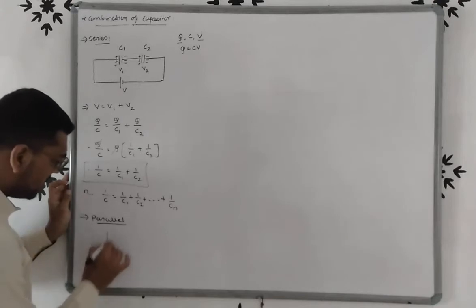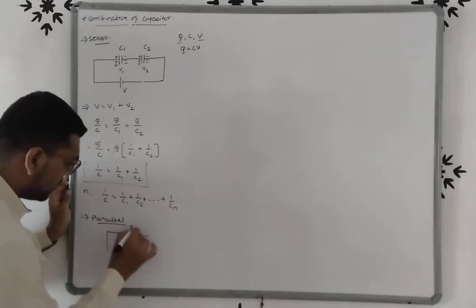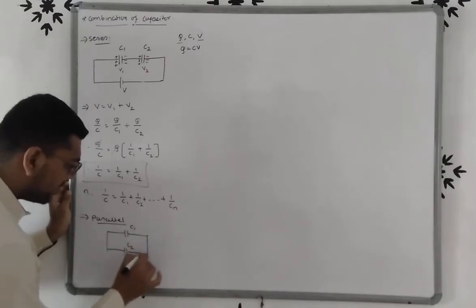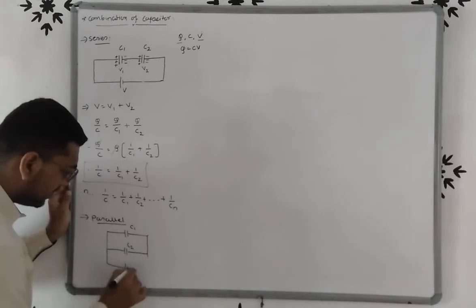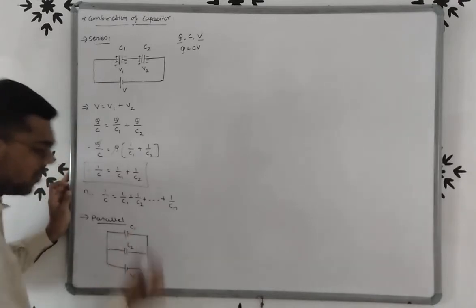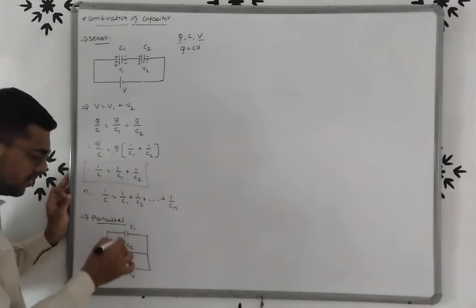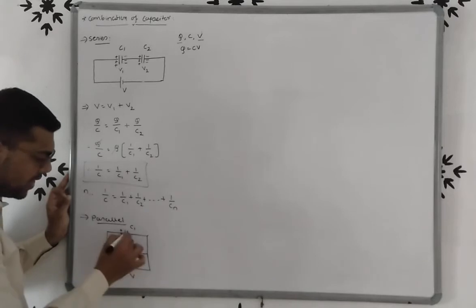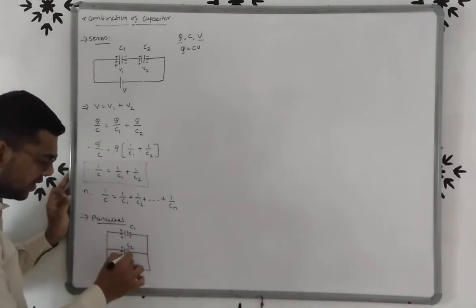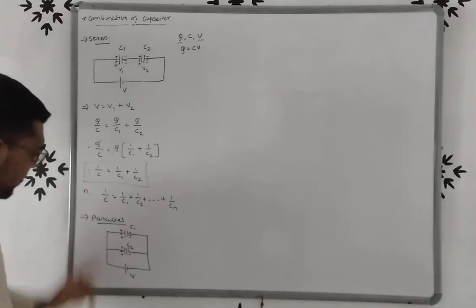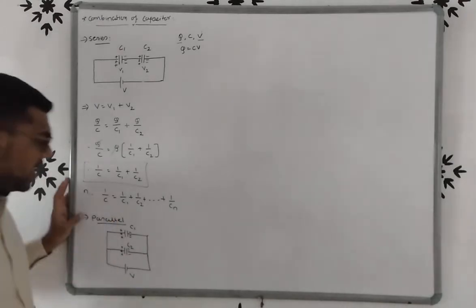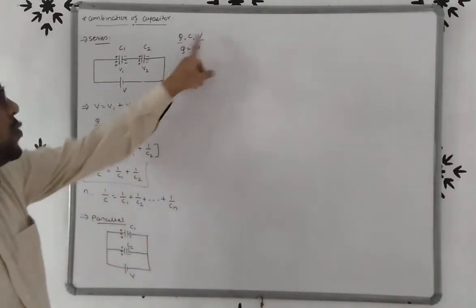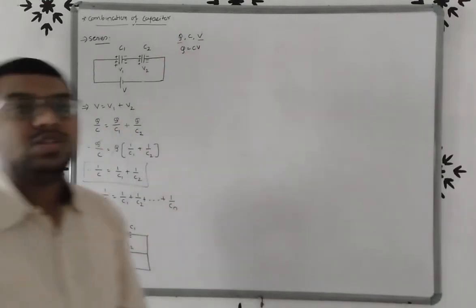So here the capacitors C1 and C2 are connected in parallel like this, and this combination is connected to the battery having potential V. So here the first plate of C1 and C2 becomes positive, right, and the second plate of C1 and C2 negative, right. Now we already know that for parallel combination potential will remain the same. So here in parallel potential will remain the same, so Q changes, right.